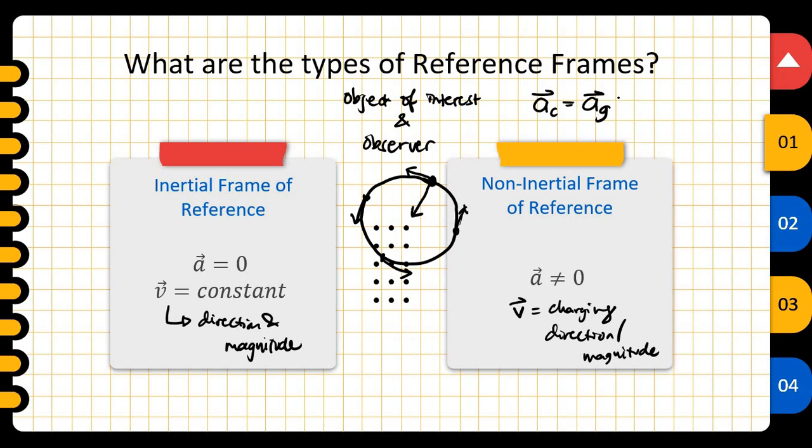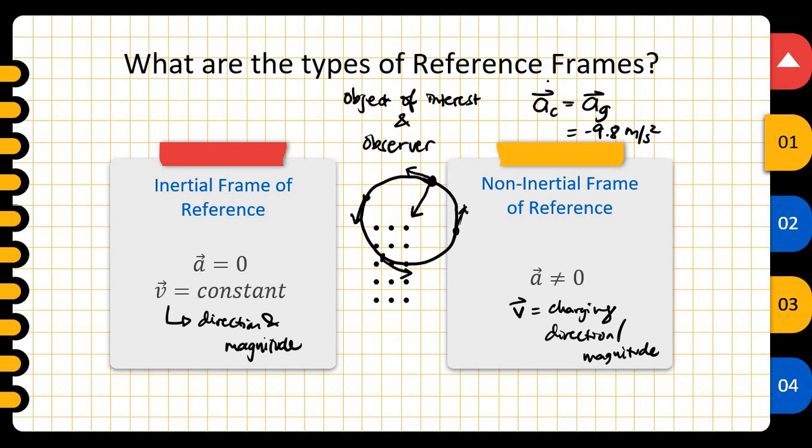The acceleration due to gravity of the earth is also the rate at which the earth is pulling us towards its center. That's why they are equal, and this is equal to negative 9.8 meters per second squared. Now,